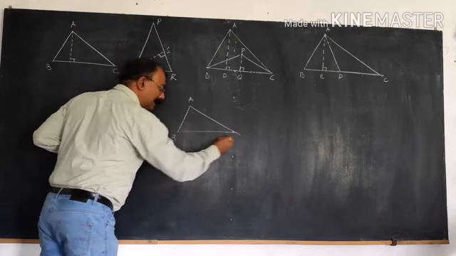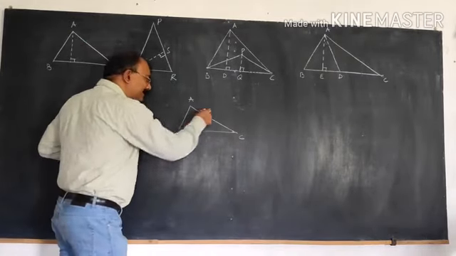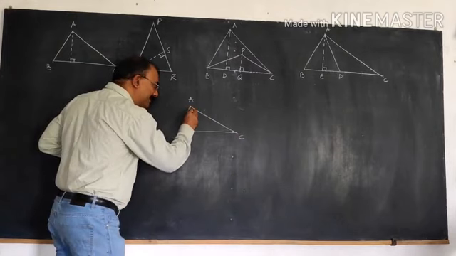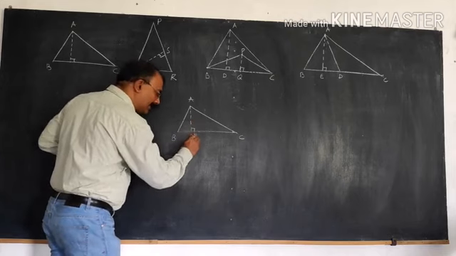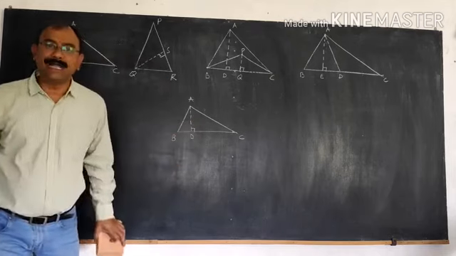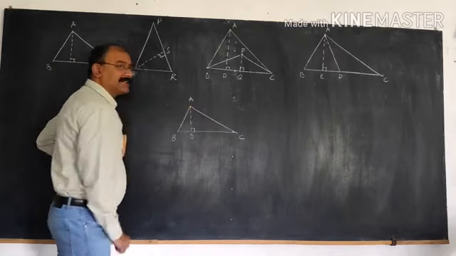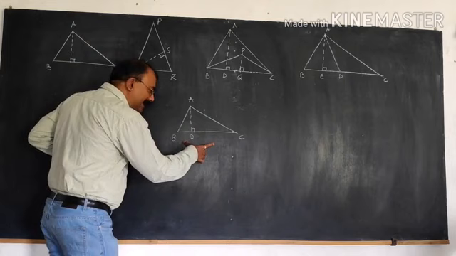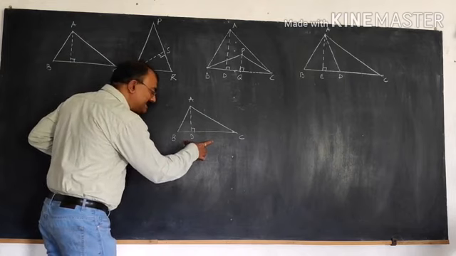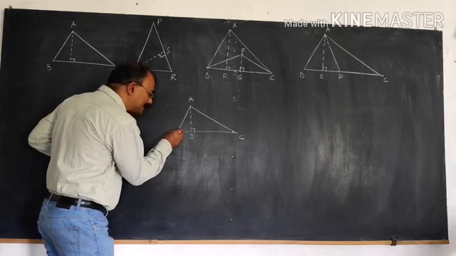that triangle has three sides, and on every side you can draw a perpendicular segment from the opposite vertex. This is called the altitude or the height of the triangle. So this is the base, this is the corresponding height. But I can change the base also. Instead of taking BC as the base, I can take AC as the base, and in that case I'll have to draw a perpendicular from point B on side AC.